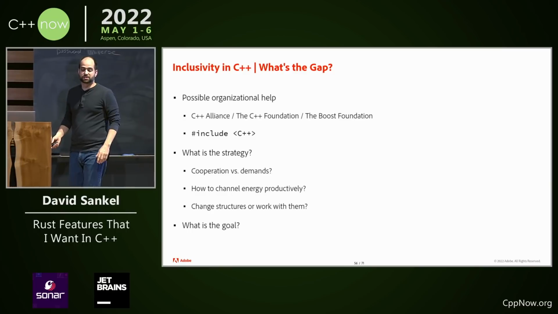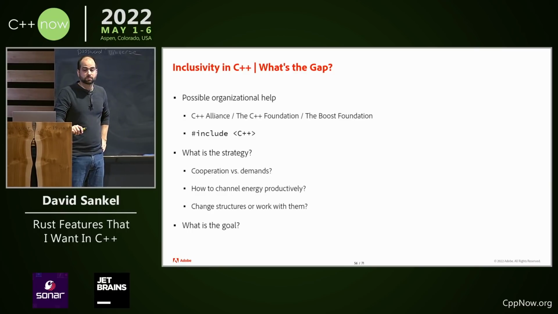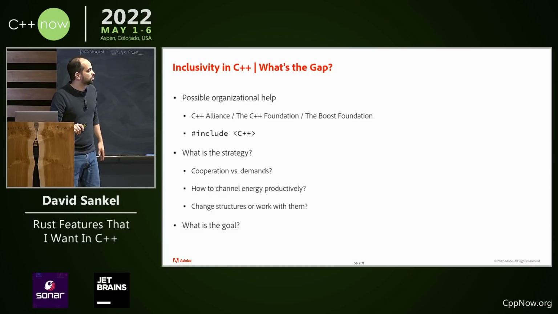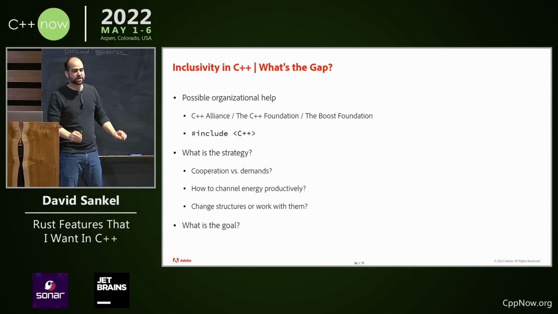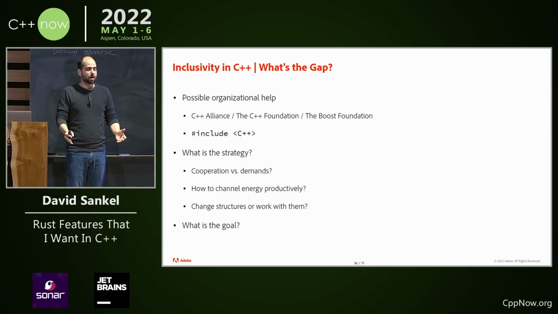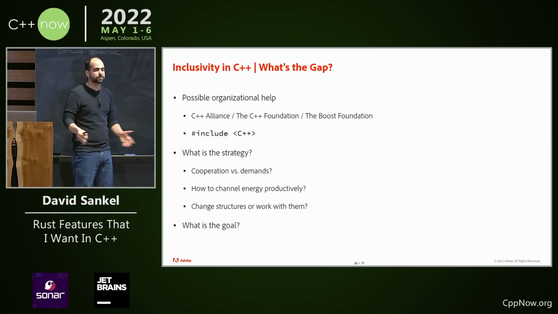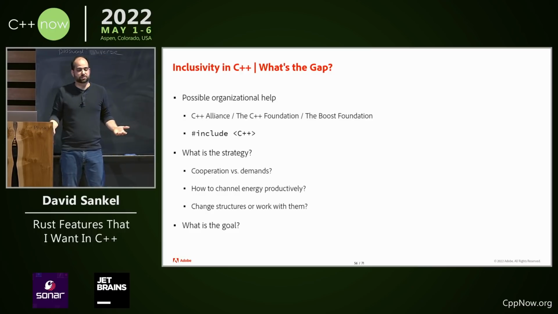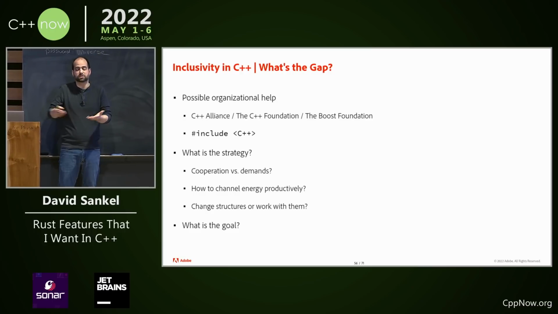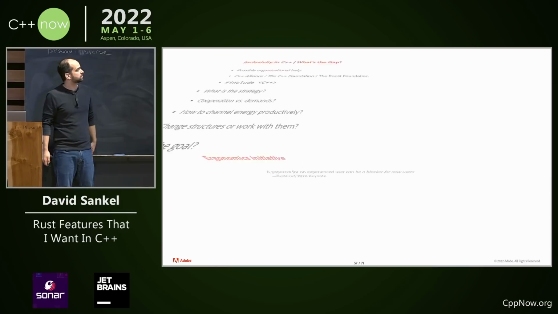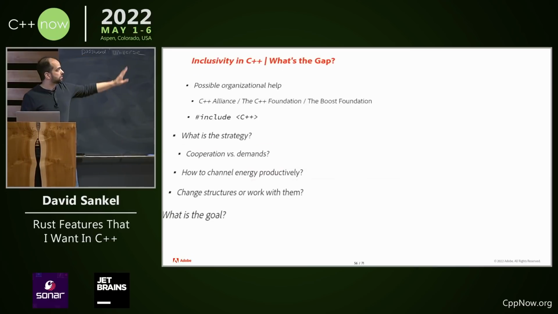And then also we have to decide what the goal is. We can't focus on every single community at the same time, right? We won't be able to do very much. What Rust did is they said, hey, the community that we have missing right now that we want to focus on are beginners and people who aren't traditional systems programmers, like people who are using other languages like JavaScript, and to tell them, hey, you can be a systems programmer too. So we'd have to decide what we want to focus on. It could be women, there are so many different things we could do, but we've got to focus. So that's all I'm going to say about inclusivity.